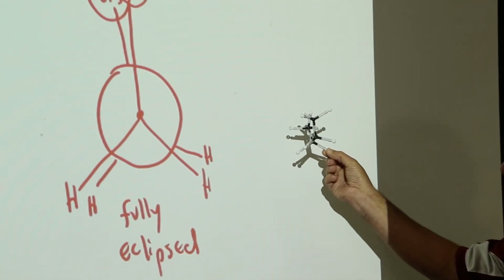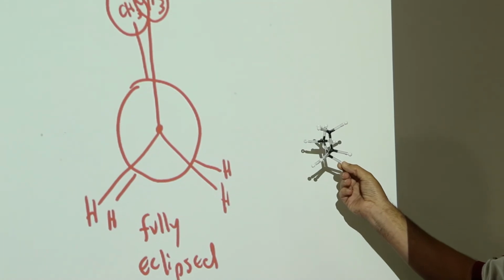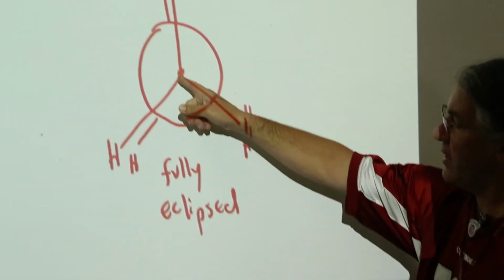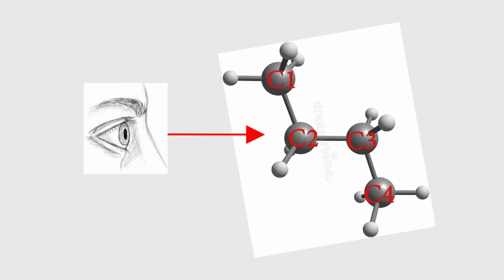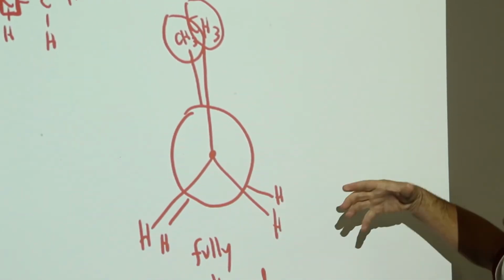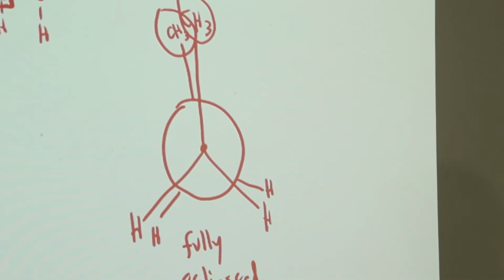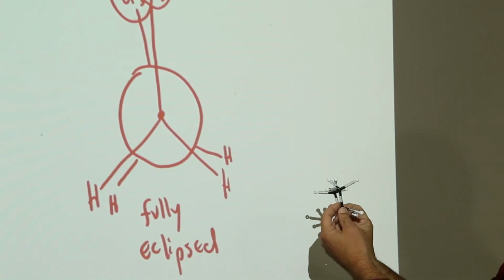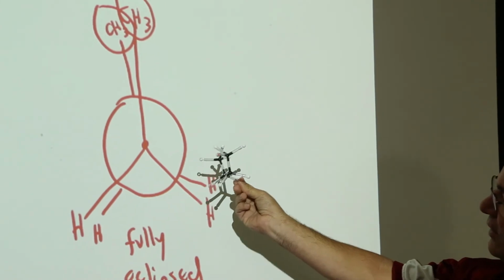So this model, the physical model of one of the conformations of butane, corresponds to this drawing, the fully eclipsed Newman projection, where we're staring straight down one of the carbon-carbon axes and trying to draw the relative configurations of the things attached to the carbons. So here we have fully eclipsed butane,